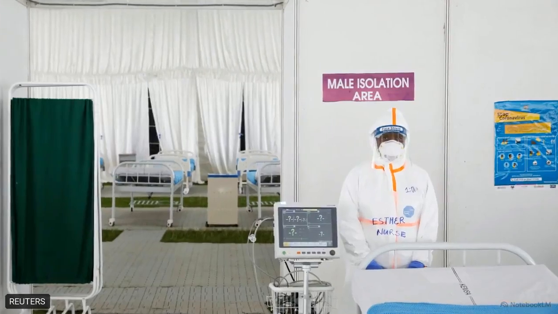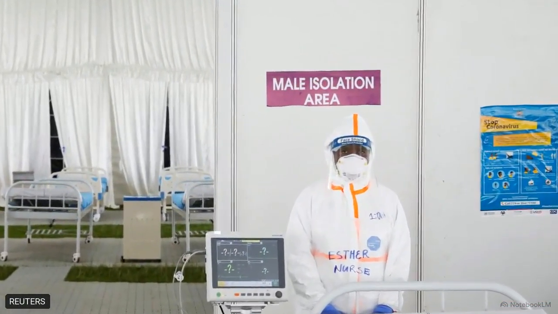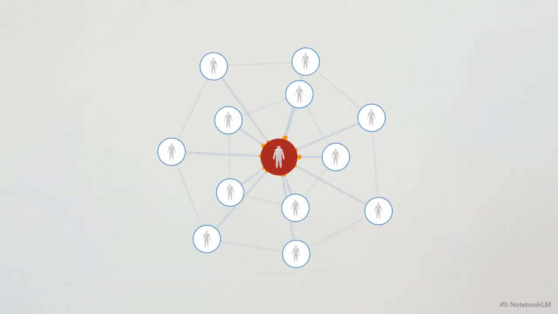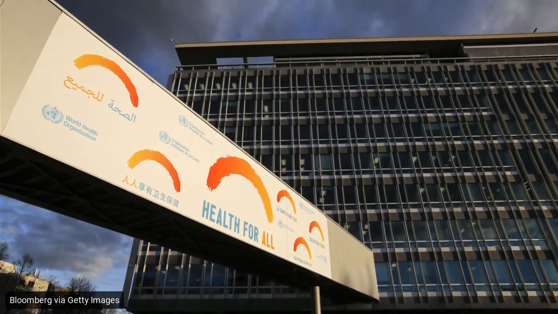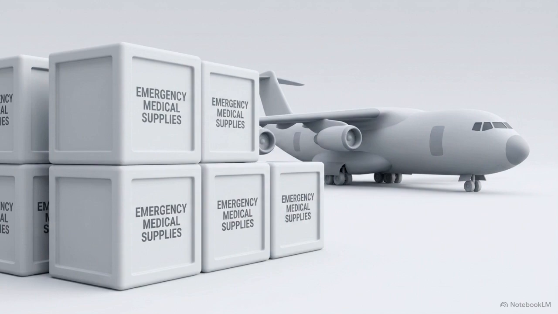Behind the community stands a structured global medical infrastructure. Specially designed isolation wards contain the threat, while contact tracing teams map every interaction an infected person has had. Major international health organizations coordinate these responses, deploying rapid response teams and funding to ensure local clinics have the protective gear and personnel required for an outbreak.